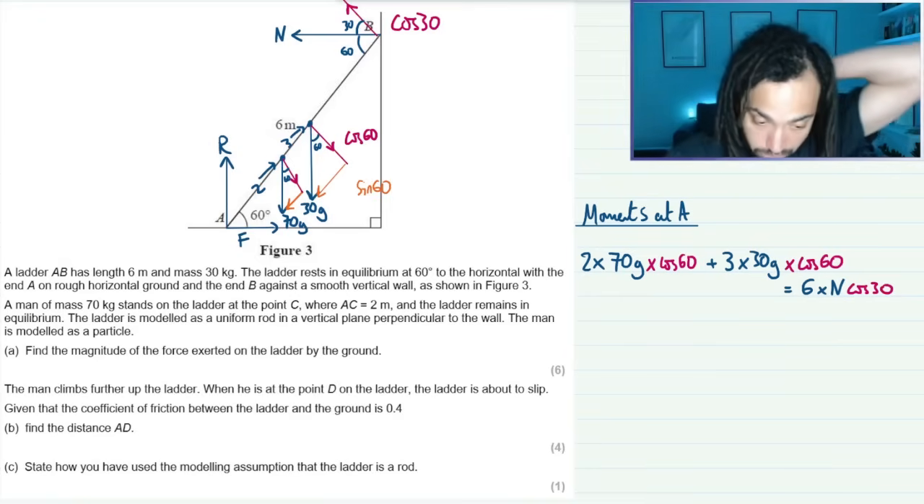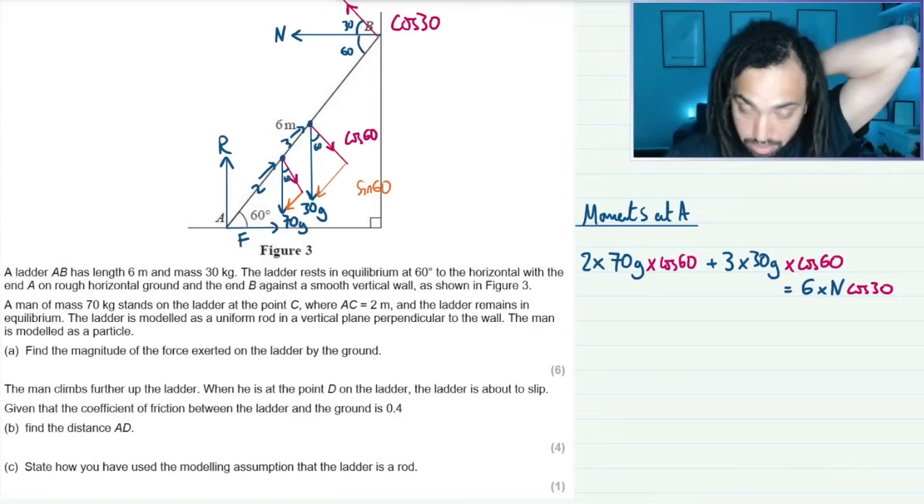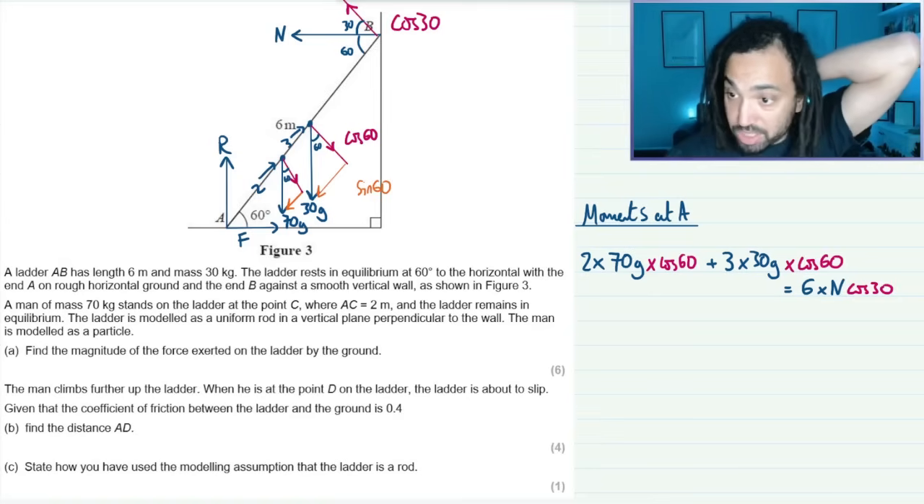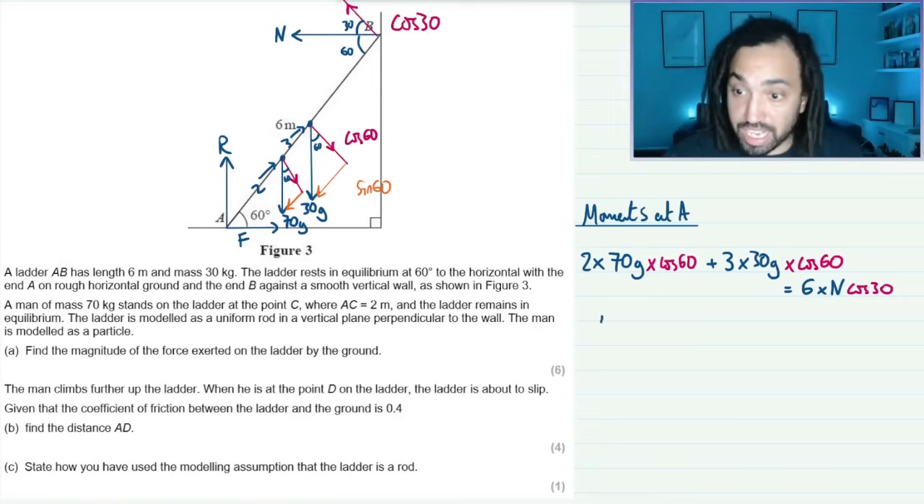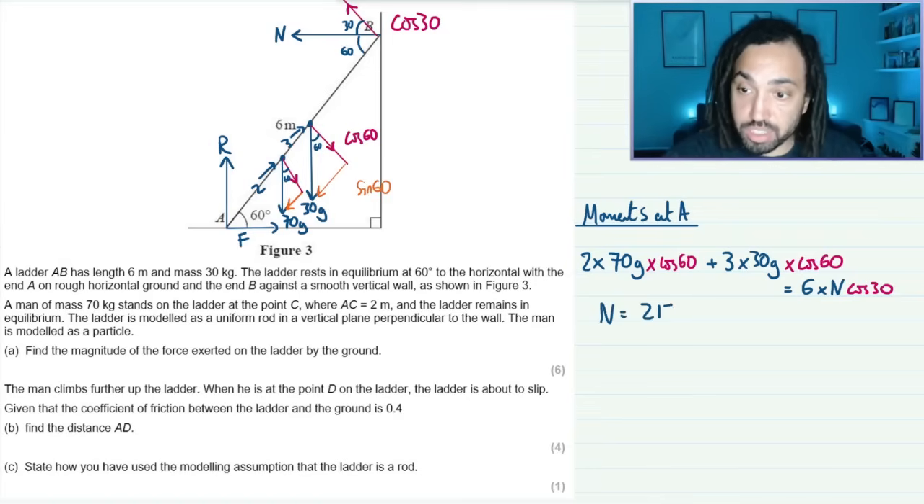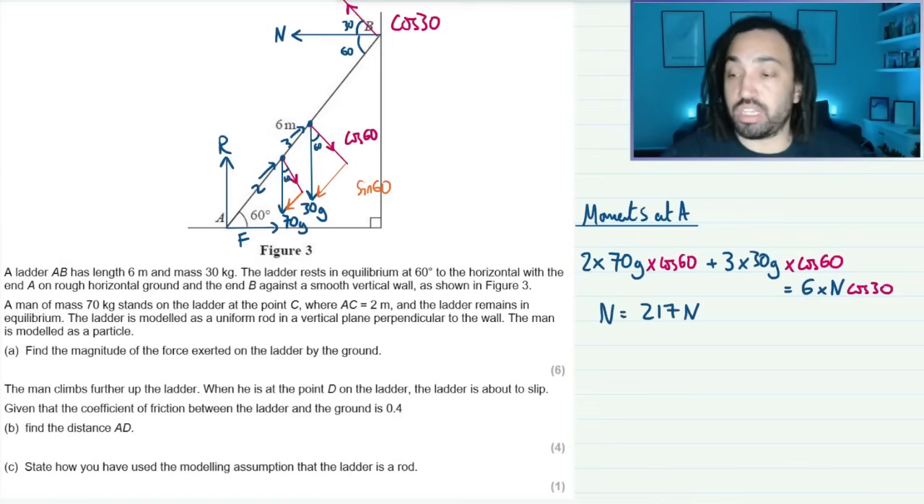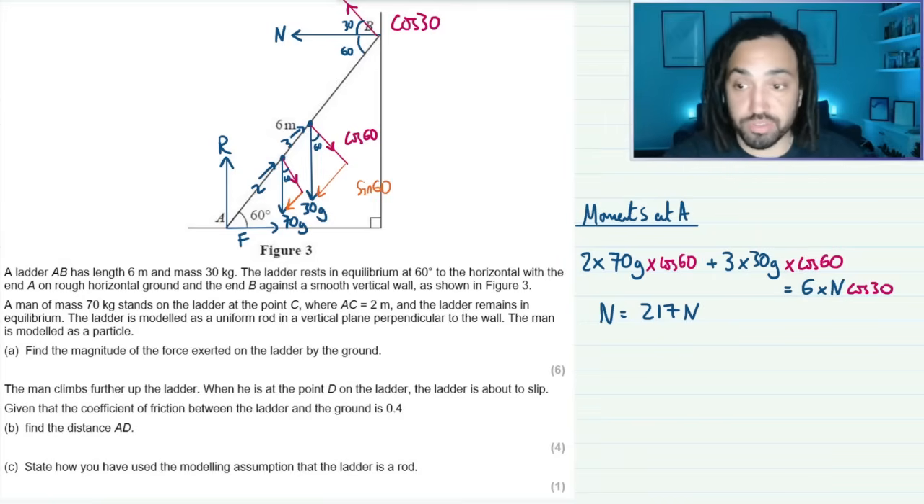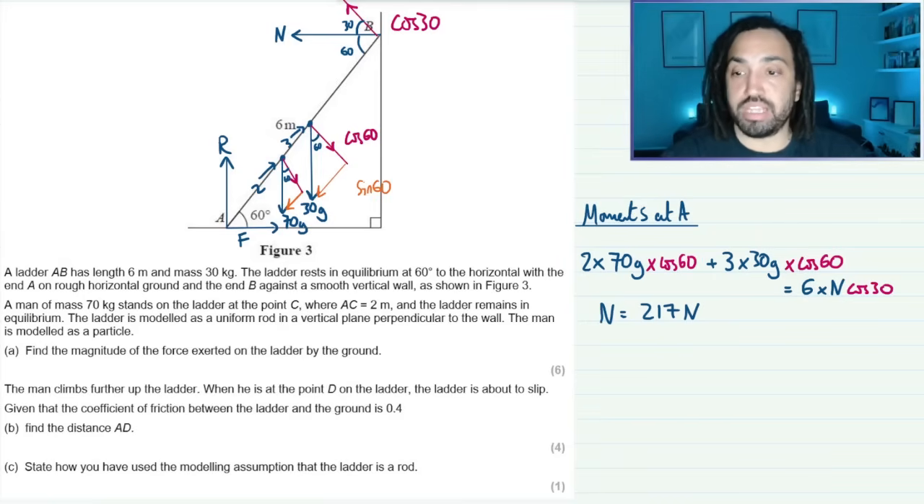Okay, right, I'm not going to bore you working out all of these, but basically we know everything in this equation other than n, so we can solve for n. And when we do, we get 217 newtons to three sig figs. Okay, so now let's look